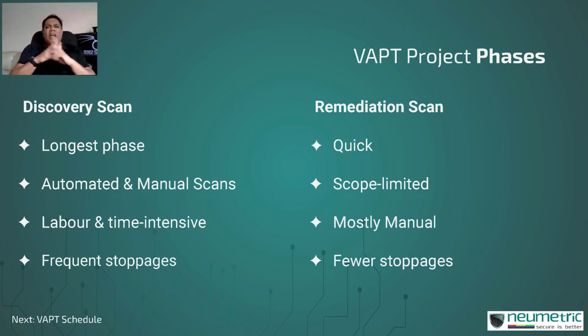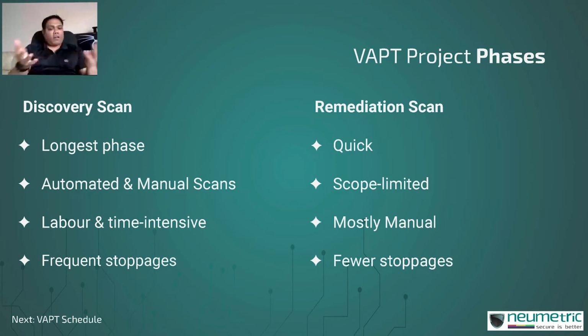At the various phases of the VAPT, I will be skipping the interim scan phase because it is identical to the remediation scan. The only difference is that in the interim scan, the possible outcome is that not all of the vulnerabilities have been remediated, and you are giving a feedback to the engineering team that these are the ones that we find have been fixed. These are the ones that have not been fixed. Please go ahead and fix them. Other than that, there is no practical difference between the two. So the two phases are discovery and remediation.